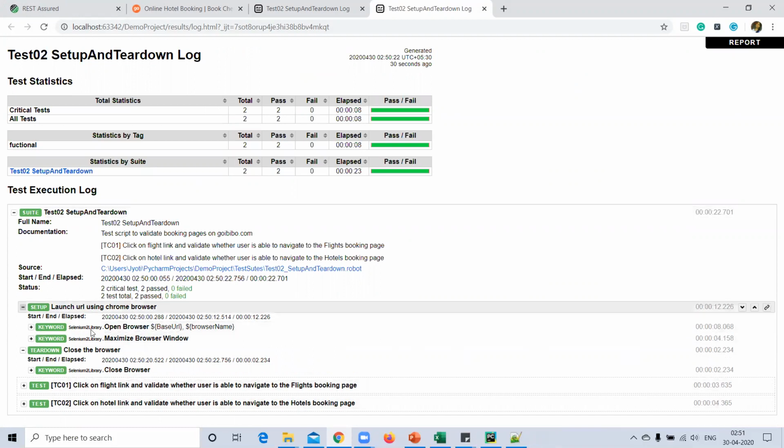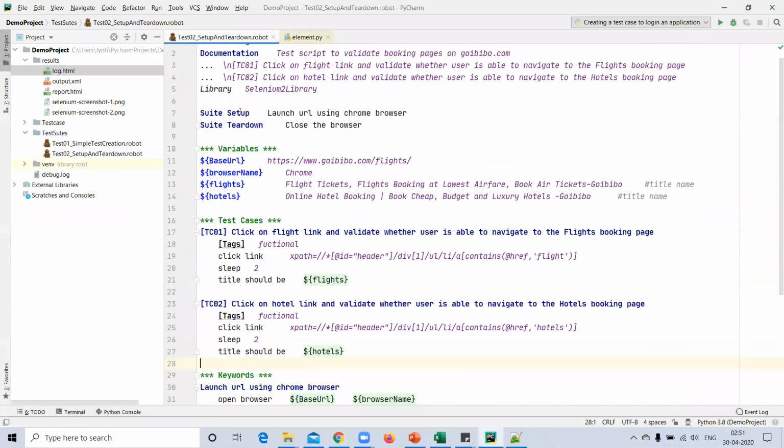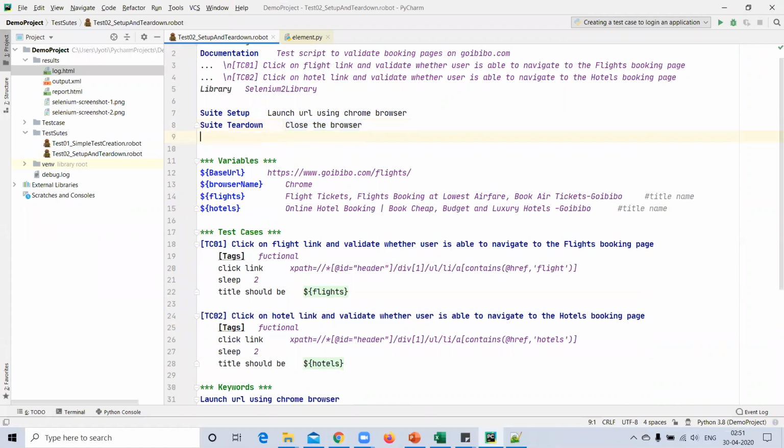So it's executed before the suite and after the suite. Okay, so this is suite setup and suite teardown. Similarly, I am going to explain test setup and test teardown.